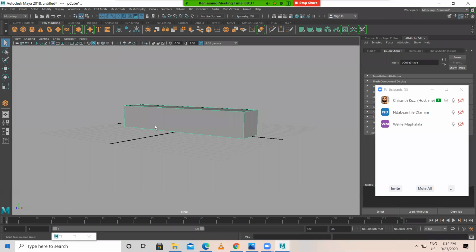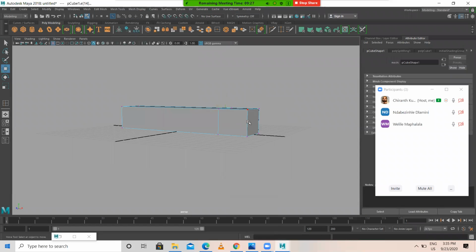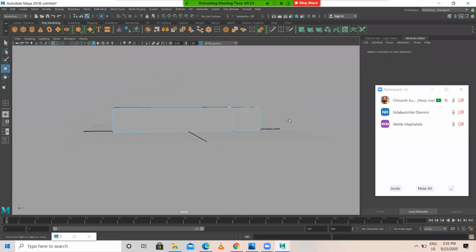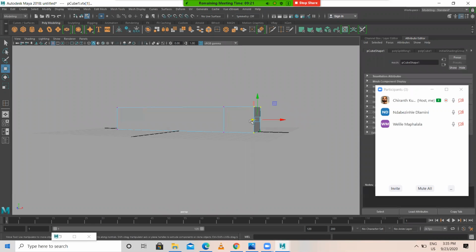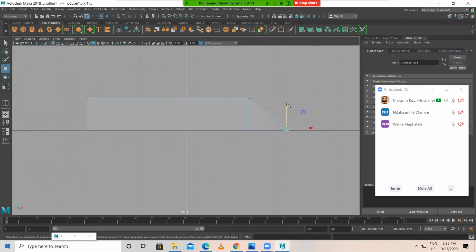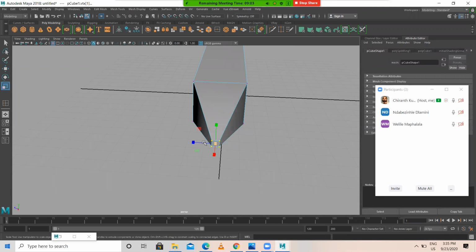Here what I'll do, mesh tools, insert edge loop. I insert one edge loop over here. After this, select all this vertex, make this smaller, something like this. I place it in the bottom.